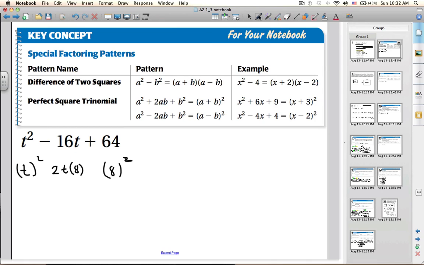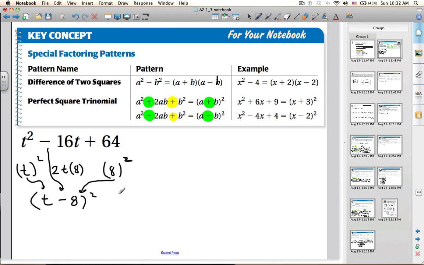You notice also the signs give us clues, right? These have to be pluses. And then these signs tell us the sign in the binomial. Right? If this first sign is a plus, there's a plus in the binomial. If the first sign is a minus, there's a minus in the binomial. So once I've identified this, I know that this is going to be t, this comes from here, minus, that comes from there, 8